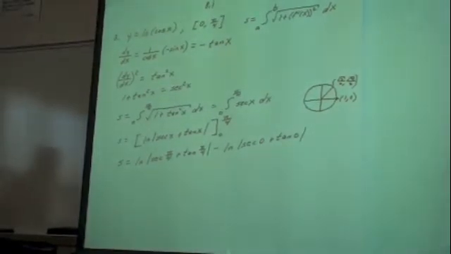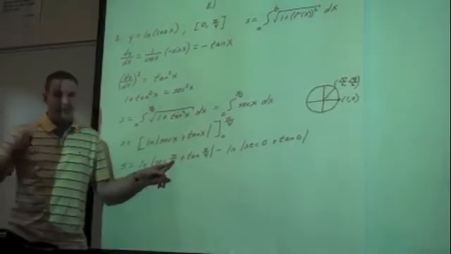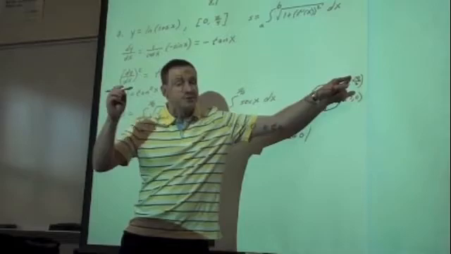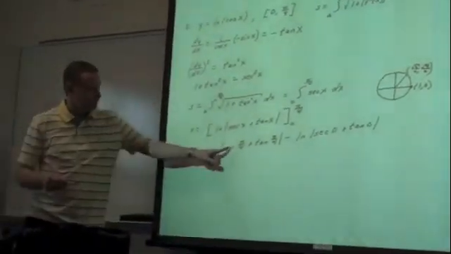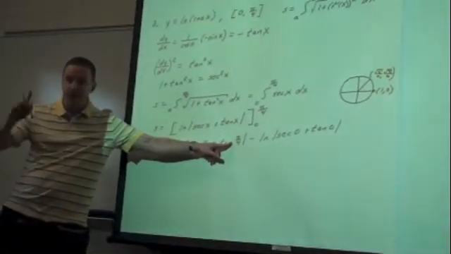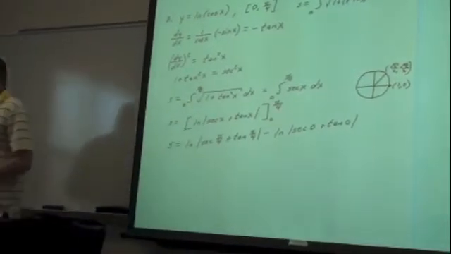So the secant is nothing more than the reciprocal of the cosine of pi over 4, which would be 2 over the root of 2. 2 divided by the root of 2 is nothing more than the root of 2. So this gives me the root of 2. The tangent of pi over 4 is going to be 1. So I'll have the natural log of the root of 2 plus 1